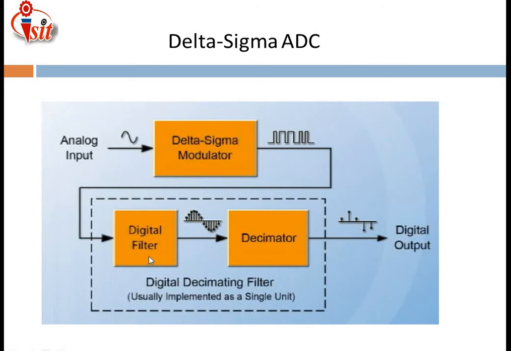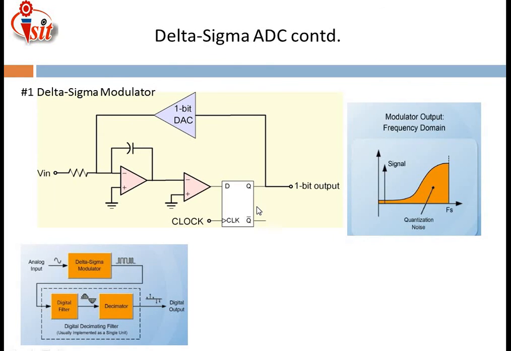The digital filter filters out all the noise and gives the pure signal, and that pure signal is then applied to the discriminator. The discriminator converts that output signal into a time factor, that is, a pulse in terms of a pulse train. This is the output voltage we are getting over here. Then the delta sigma ADC continues along with this.